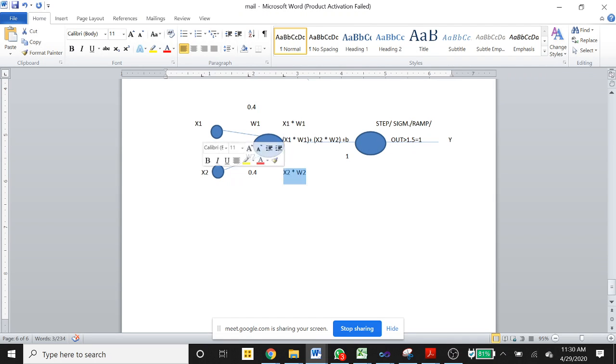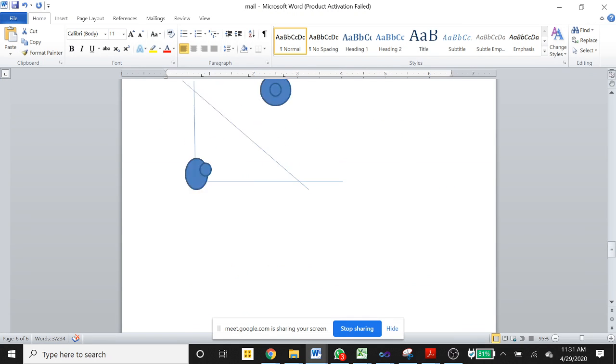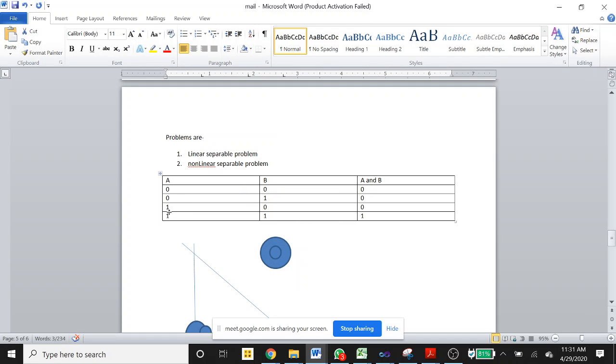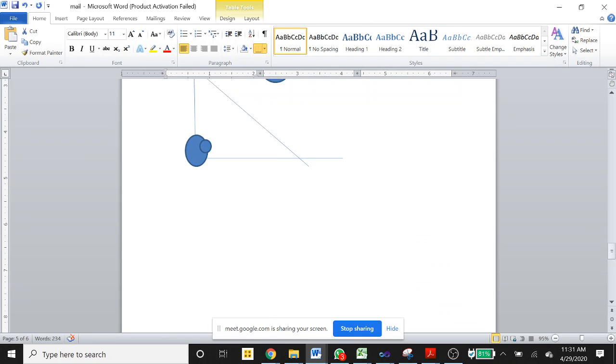will be 1, the summation is 0 plus 1 plus 1... okay, sorry, that is not 1, that is 1 into 0.4, that is 0.4. So the output is 0 plus 0.4 plus 1, the output is 1.4, and 1.4 is less than 1.5, that means the output is 0, again 0, that is the second condition is also satisfying. Third condition will also satisfy, this is the same as the first one, the second one, and then the fourth one we